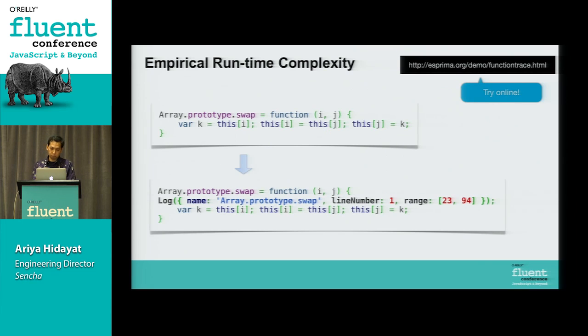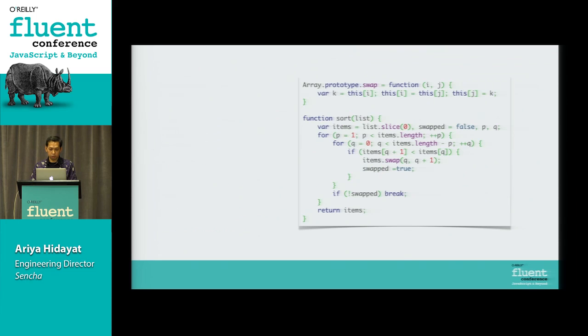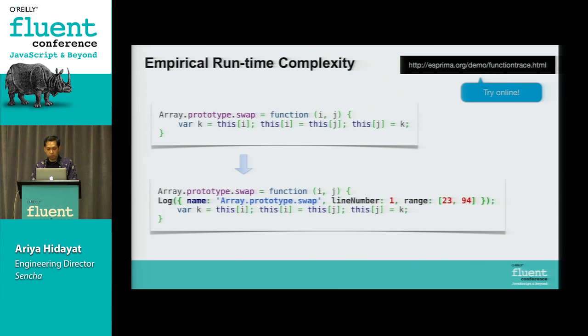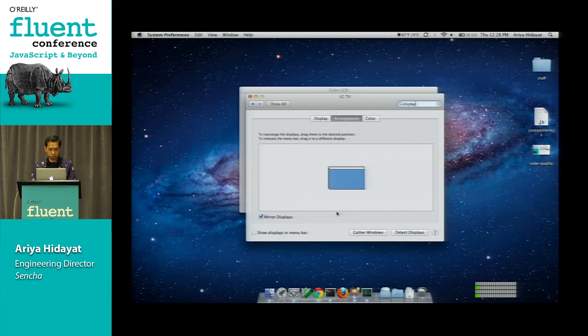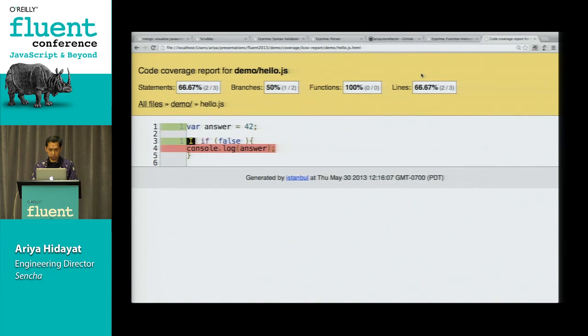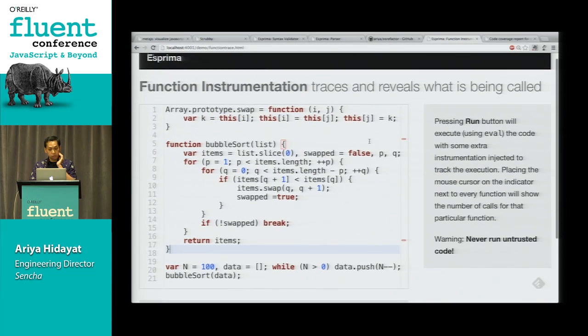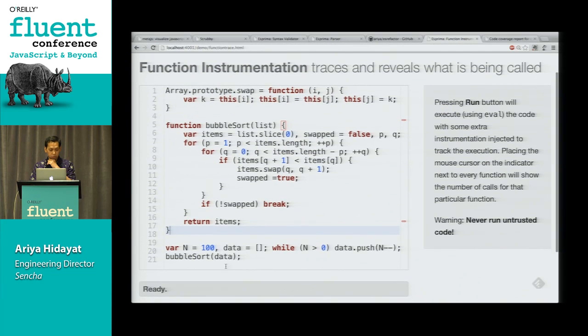One way to do that, in this particular example, is to inject an instrumented version of the array prototype swap. Because if you do this, then every time that function is called, you can find out how many times it's called. Let me run an example. So here's that precise bubble sort. And if I run it,